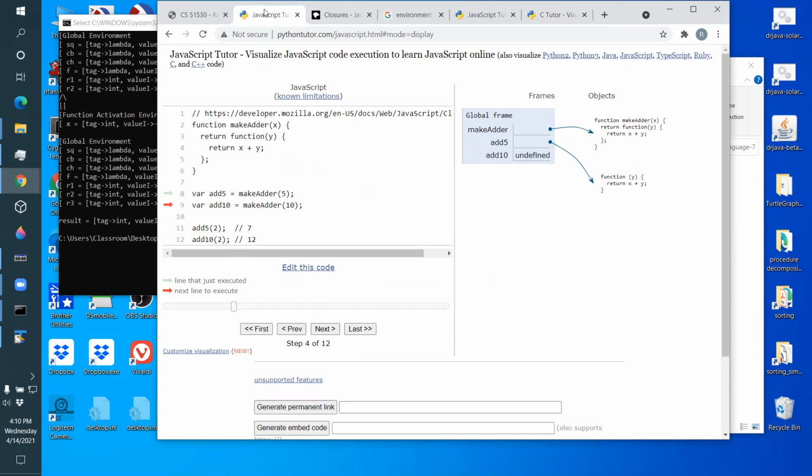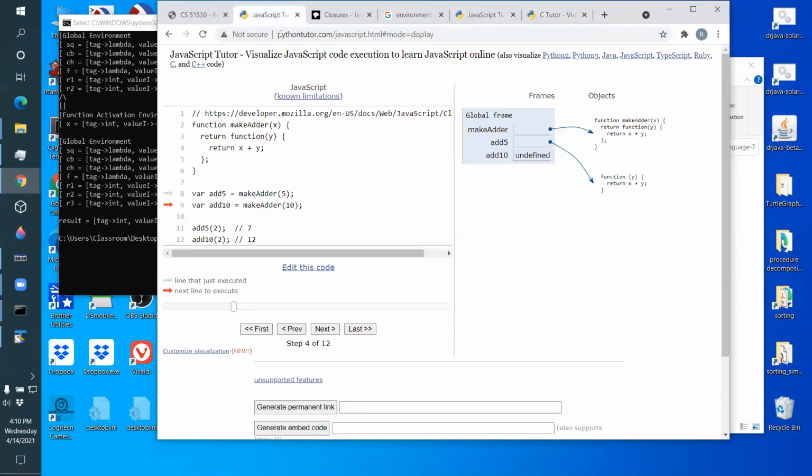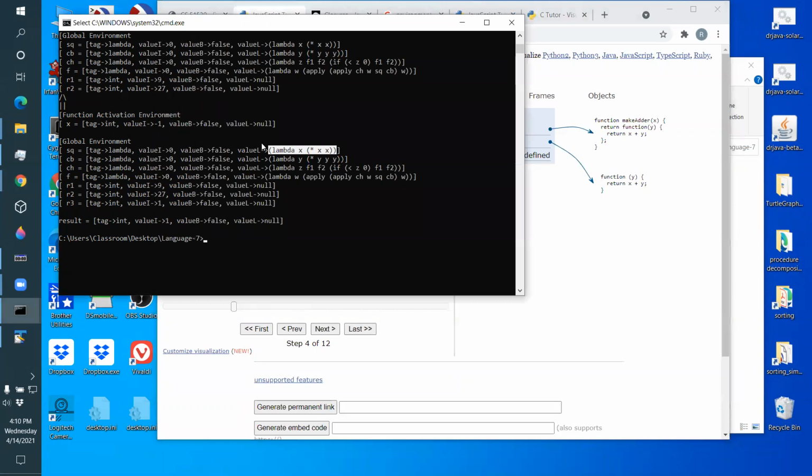And this is a failing of the computer science community. It's not building good tools for teaching this stuff. The C tutors should be better. The JavaScript tutors should be better. We just don't have good tools for showing this stuff. It wouldn't be that hard for this thing to have two arrows. What it really should have is one arrow pointing at a box. The box would be the